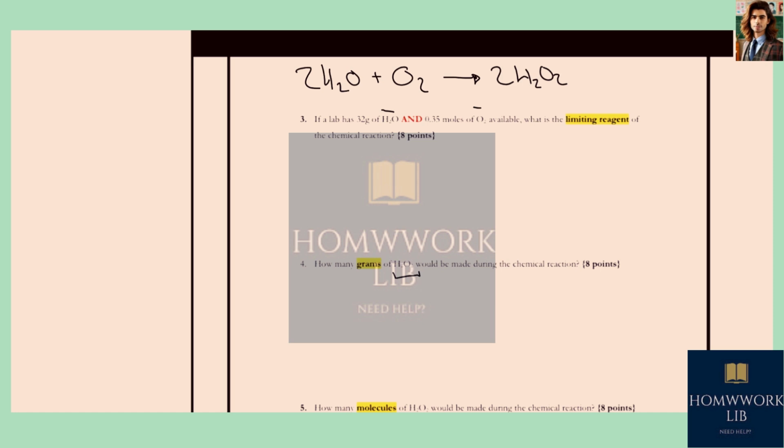Now, a lab is going to have 32 grams of water and 0.35 moles of oxygen available. What is going to be the limiting reagent of the reaction? So first of all, 32 grams of water is going to be equivalent to, remember that the molecular weight for water is going to be 18 grams per each mole. 32 divided by 18 is going to give us 1.77